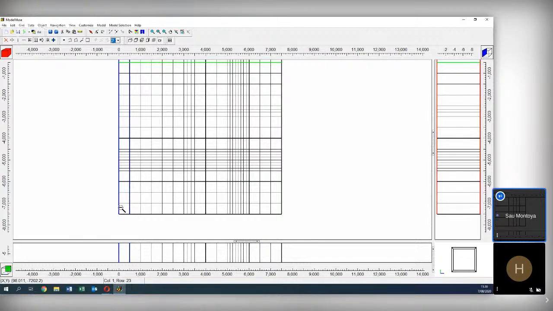However, here in ModelMuse, the objects are superposed on the cells. So what does it mean? You can have here your river, your basin, or whatever, but the grid can be independent of the spatial objects.